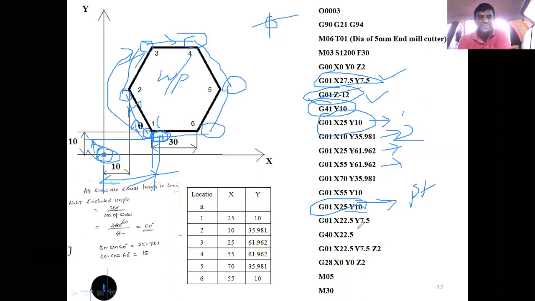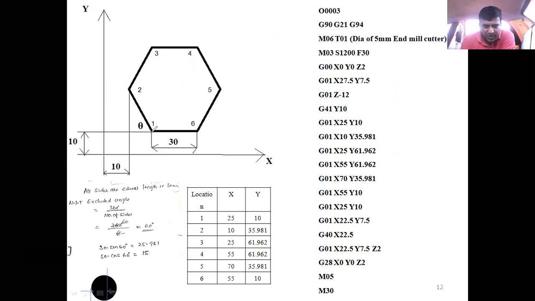First location. Now after that, before cancelling the cutter radius compensation, you have to give the center of the cutting tool here. Now 6 to 1. Now the cutting tool is here. After you give that 6 to 1, now the cutting tool is here. I want to move the cutting tool to the first coordinates. Then before cancelling the cutter radius compensation, move the cutting tool here.